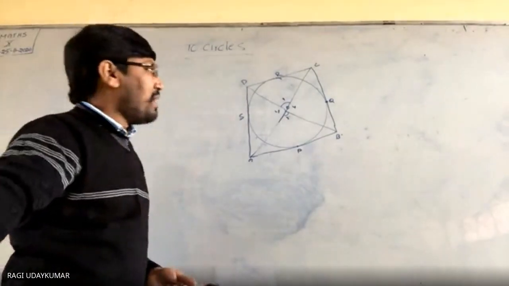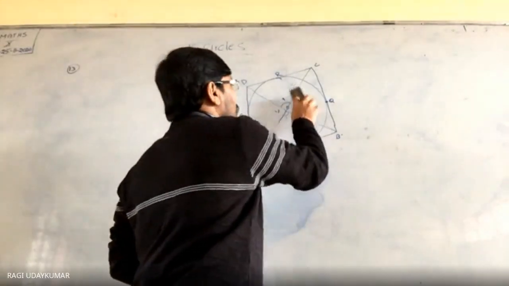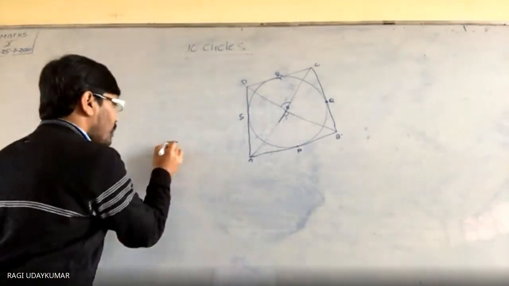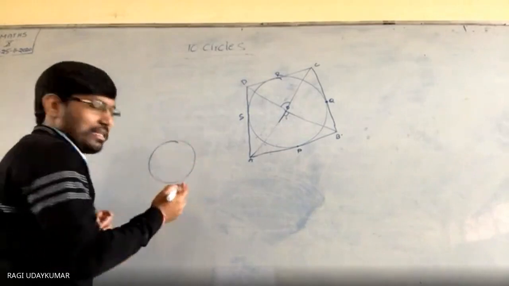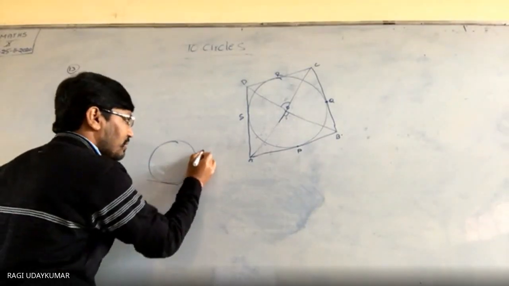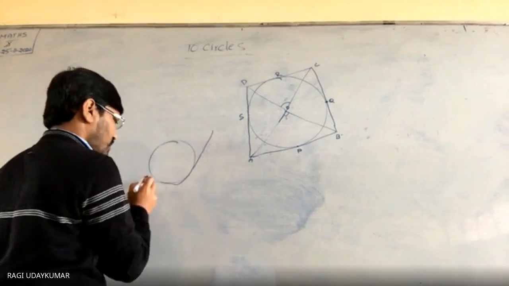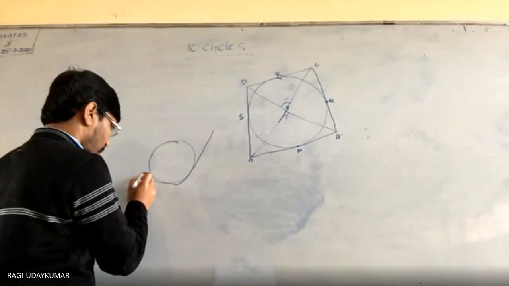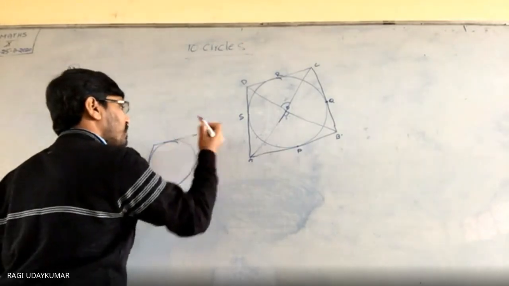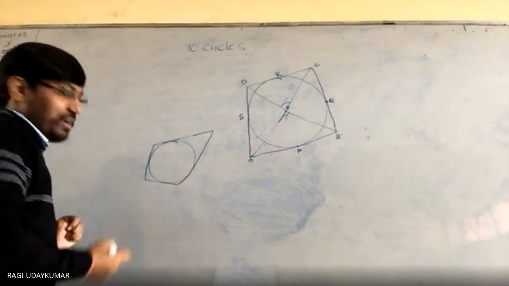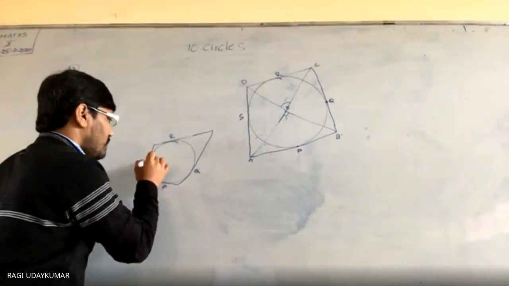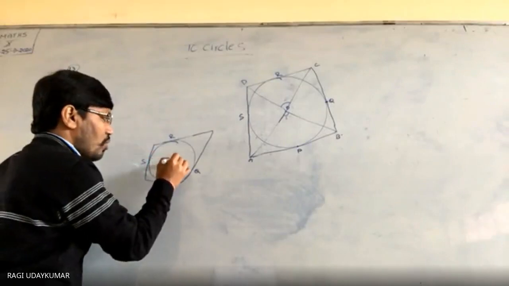That is wrong because you are not supposed to figure it that way. If you draw a slightly different figure, then you will come to know that. Suppose if I draw the figure for you, I draw another type of figure, stretching it a little longer. Look, try this figure. This is P, this is Q, this is R, this is S and this is center O.